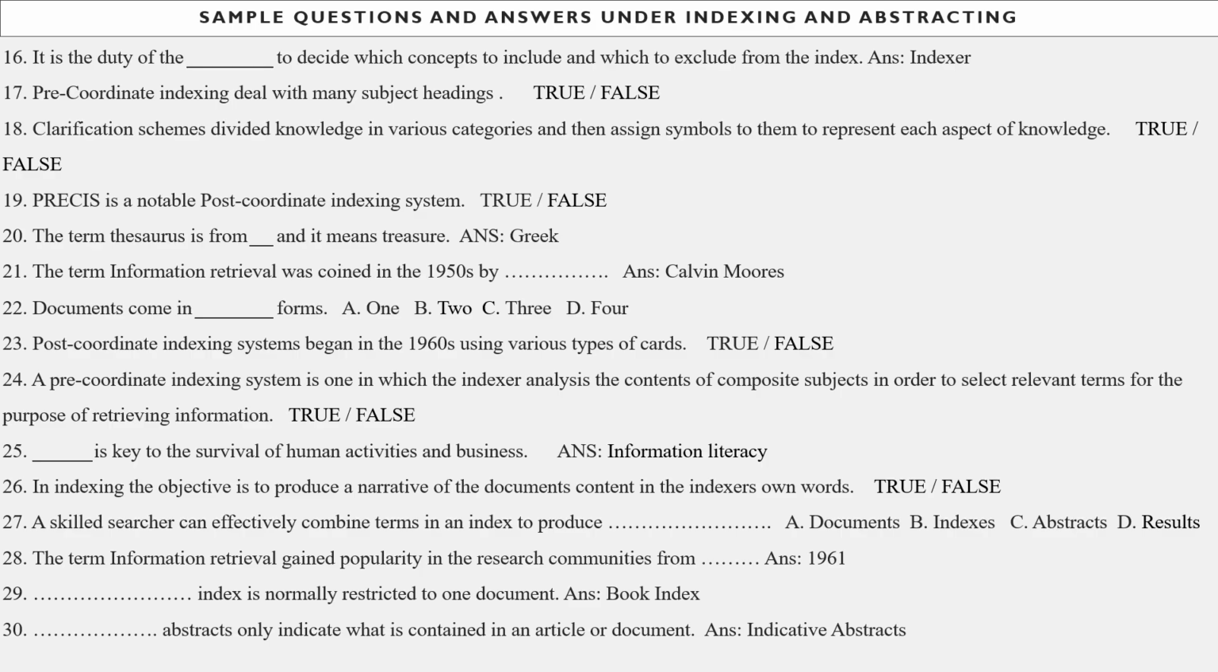The answer is true, because classification schemes divide knowledge into various categories. And so the answer over there, question number 18, what is it? To go faster, I will mention the question number, then give the answer and explain why it is so. So question number 18, the answer is true, because classification schemes divide knowledge into categories and then assign symbols like numbers or letters to represent each aspect,